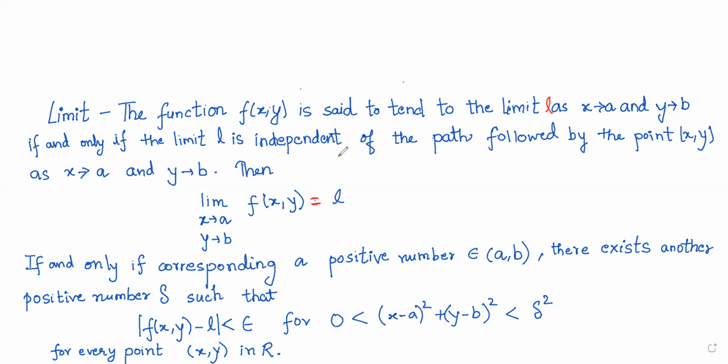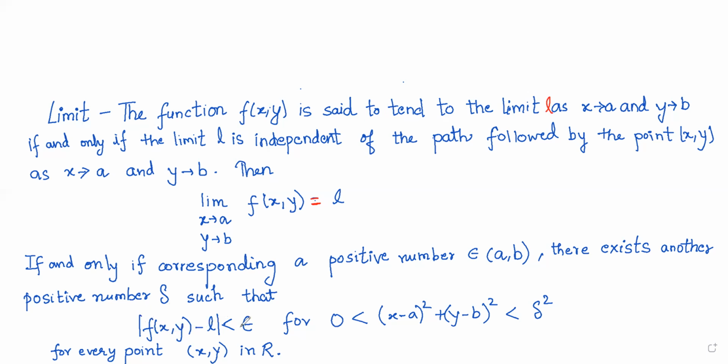This will be possible if and only if the limit L is independent of the path followed by x and y, where x tends to a and y tends to b. One more condition is to be satisfied: if there is a positive number epsilon, then there exists another positive number delta such that